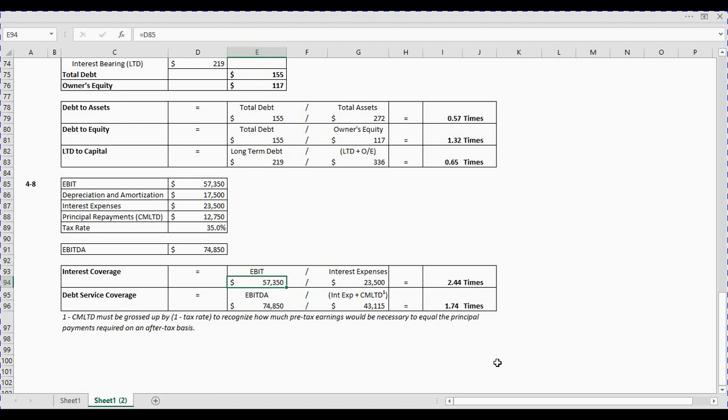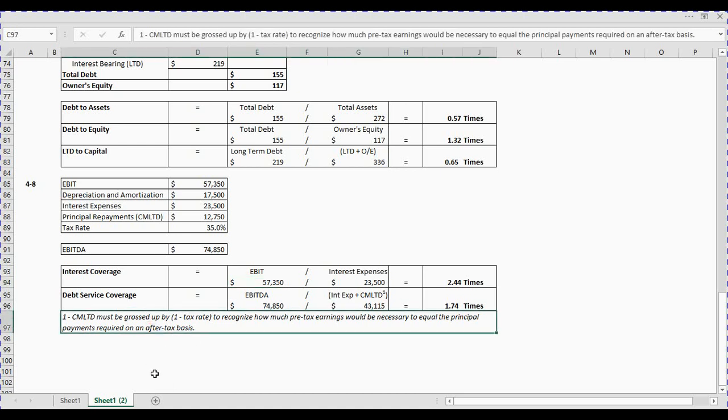In this particular formula, I want to point out this little footnote that I've added to the bottom: current maturities of long-term debt, or those principal repayments of a given year, must be grossed up by 1 minus the tax rate in order to recognize how much pre-tax earnings would be necessary to equal the principal payments required on an after-tax basis. So because we've got EBITDA, this has been grossed up, we need to show our current